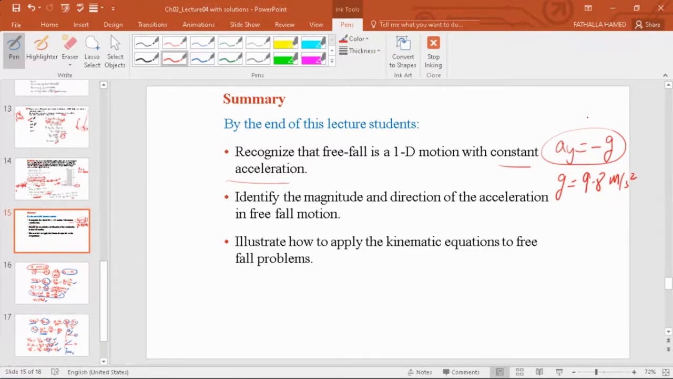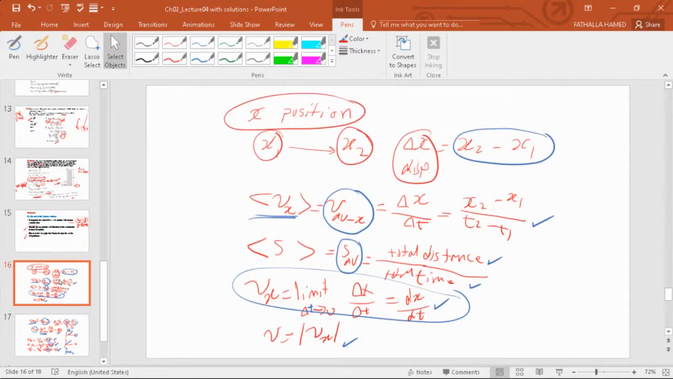Then we basically looked at directions and magnitude of the acceleration, and then we dealt with kinematic equations in one dimension. Okay. Any questions on these? So today we only dealt with the motion in one dimension in a free fall. So to recap the whole chapter,